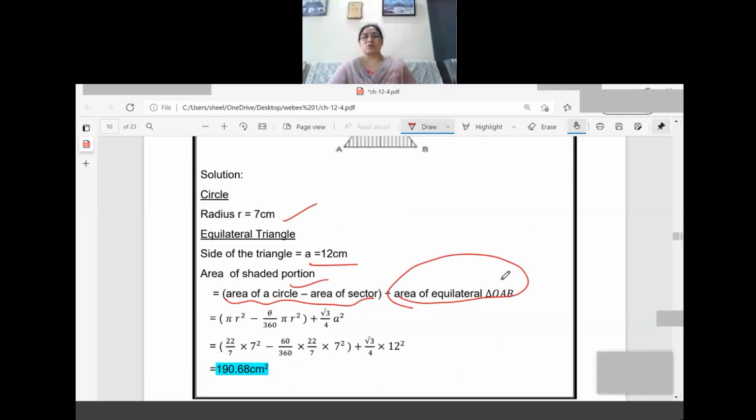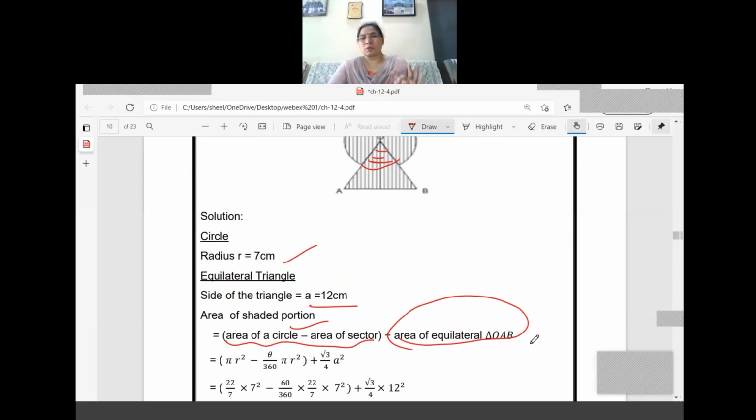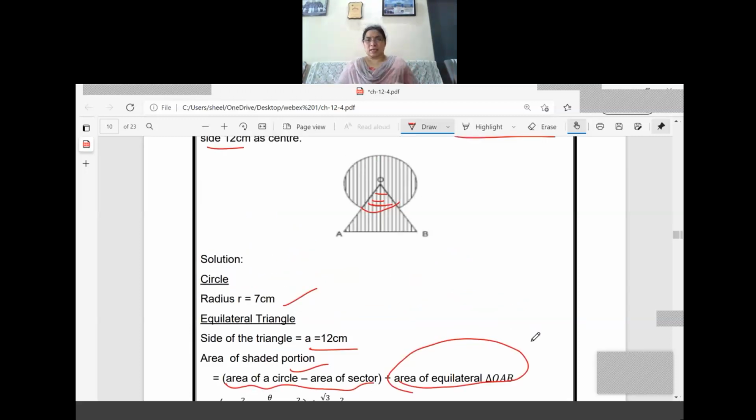Understood? Now just the usual formula: pi r square minus theta by 360 into pi r square plus root 3 by 4 a square. Direct formula only. 7 is the radius for the circle, 12 is the side for the triangle. Understood? So the only point you have to remember is what happens when we are finding the shaded region's area,